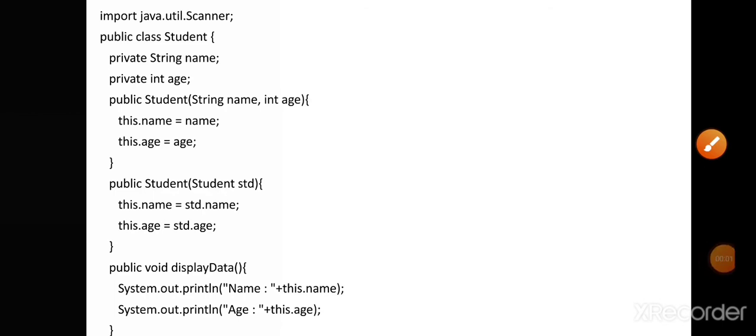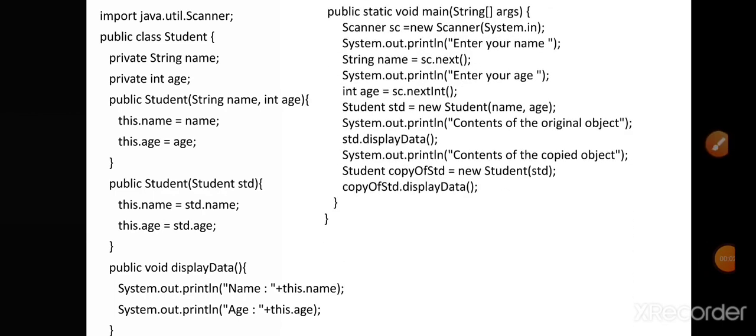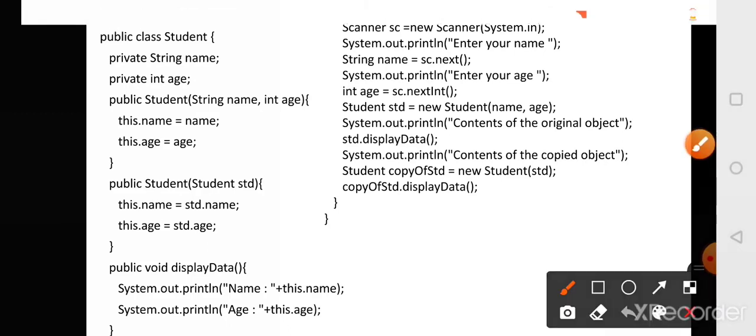Let us see the void main section of this program. In the void main, we have created an object called Student, that is std, with the parameter values name and age that we have read using the Scanner class.